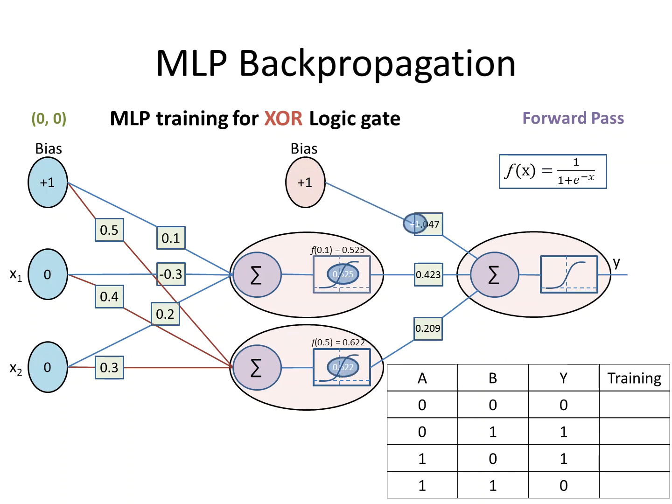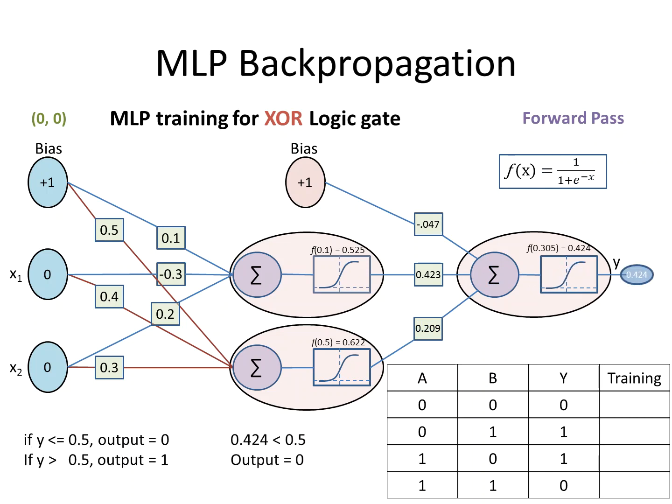Now for the second layer it will vary. The new weight is minus 0.047, so the first output came out as 0.222, and the second output as 0.13. Overall summation came out to be 0.305. After passing through the threshold function it gave me the output as 0.424. So we see that 0.424 is less than 0.5, and here we get the output as 0, which is correct. So this is how we have modified the weights and we got the correct output.